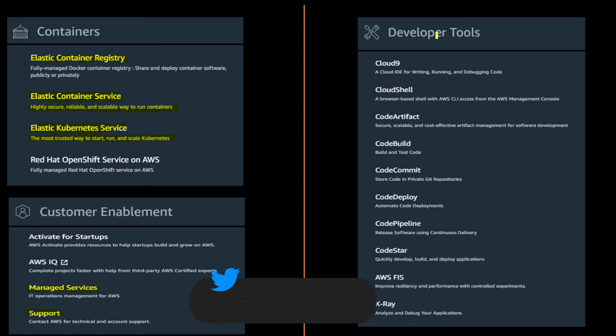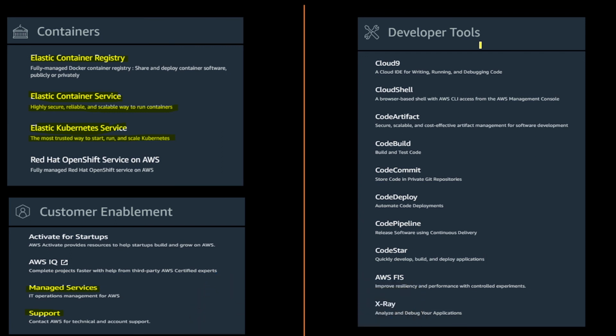Okay, then the next category is developer tools. There is a quite interesting list of services that we have. One is Cloud9, that is a cloud IDE for writing, running and debugging code. Then CloudShell, a browser based CLI to access the Amazon management console. Then we have CodeArtifact, secure, scalable and cost effective artifact management for software development. It's an artifact repository. Then we have CodeBuild, that is build and test code. Then CodeCommit, CodeDeploy, CodePipeline, that is